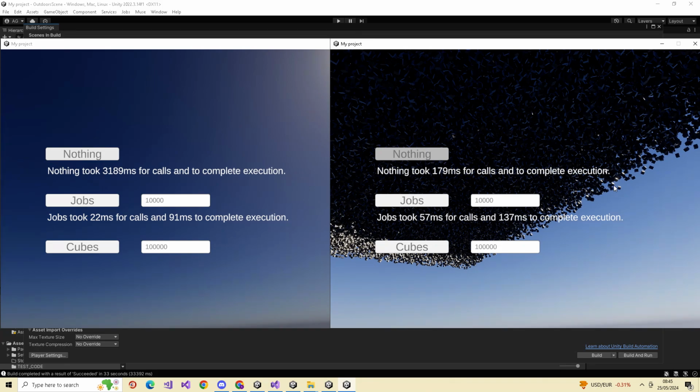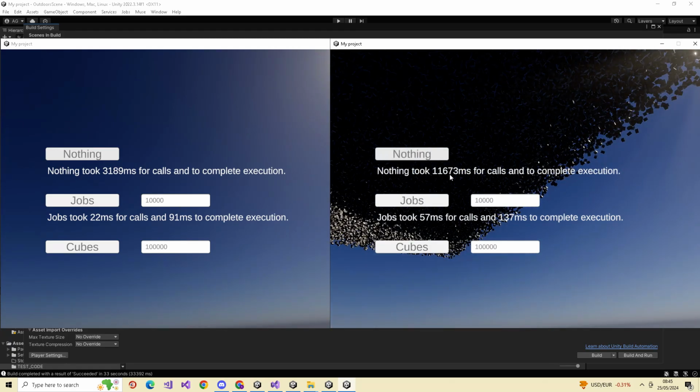Yeah, no, this makes sense. This is waiting for nothing to calculate for 3 seconds without this IL2CPP. Oh wow, can you see the difference there? That's IL2CPP, 3189 milliseconds. That's raw mono.